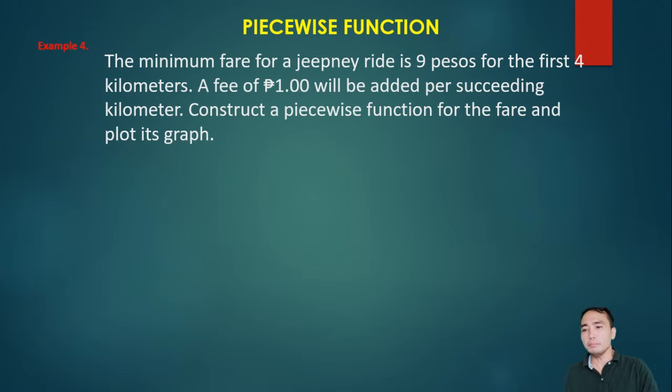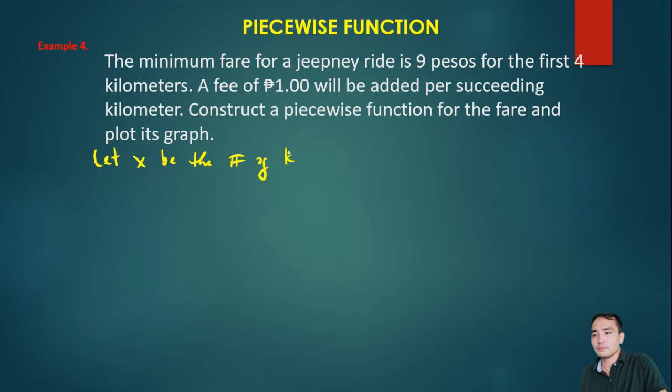Okay, next example. The minimum fare for a jeepney ride is 9 pesos for the first 4 kilometers. A fee of 1 peso will be added per succeeding kilometer. Construct a piecewise function for the fare and plot its graph. Alright. Pwede natin gawin to. Let x be the number of kilometers. Okay? Okay, gagawa tayo ngayon ng piecewise function. Okay, f of x is equal to,